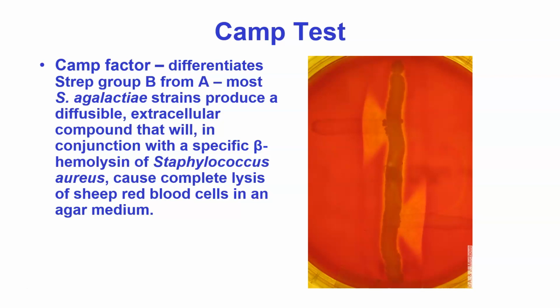Now, on the left-hand side of this, about 3/4 of the way up, you can see that there's another streak going out to the left. And about 1/4 of the way up on the right-hand side, you can see that there's another streak coming out from the right. Where these two parts come together, we see a change in the coloration, which means we've got beta hemolysis. It gives us an arrowhead type pattern, and therefore this is really what we would call a positive CAMP test. If we had a negative CAMP test, we would find the material coming right up to the staphylococcus in the middle, and you'd get no color change. So this is a positive CAMP test.